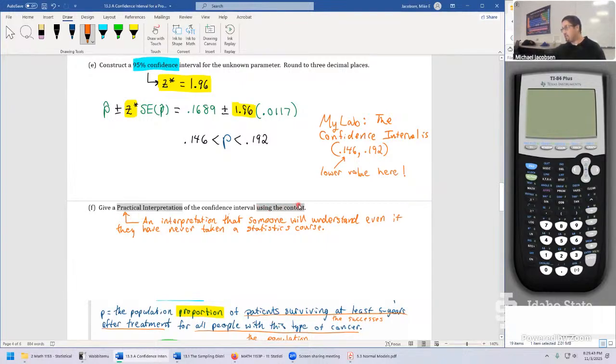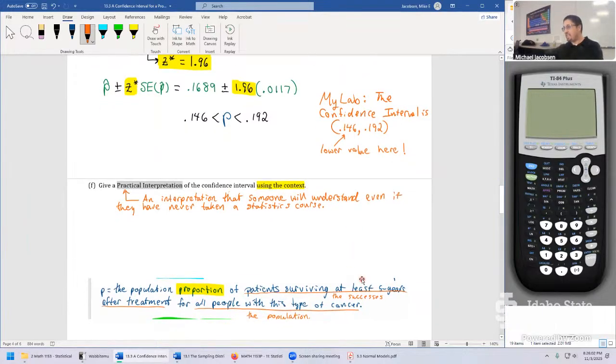That means you also have to use the context at the same exact time. Every time you looked at a graph or did anything at all and it said explain using the context, that's what this was all about, this particular problem right here. So it's as if we've been practicing, but you know what? If you said what the successes were and what the population was, you've already mentioned the context, so we've nailed that in part A.